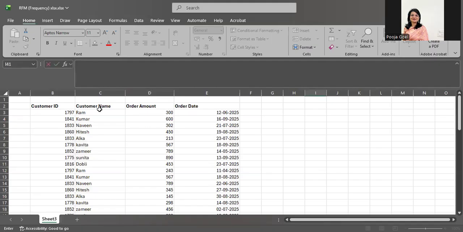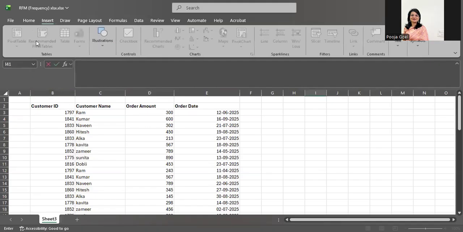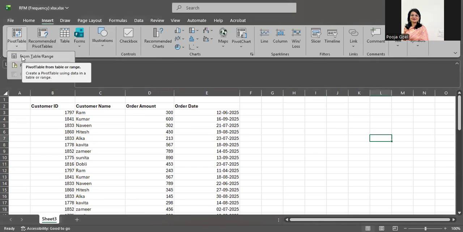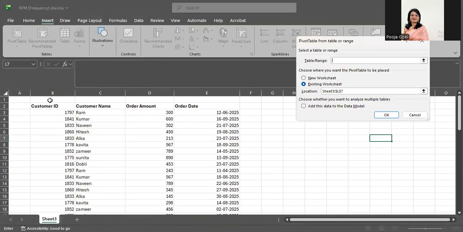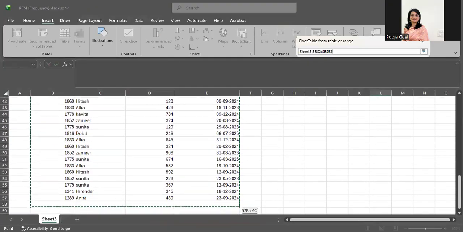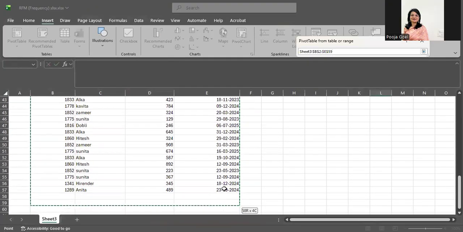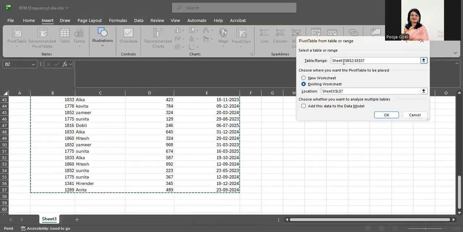Let me do it again: Insert, pivot table, and now I want to select the range from the table, because my table is here only. So I'll select my data. You can see it is showing the table range. It is in Sheet3, from B2 to E57. This is my data range.